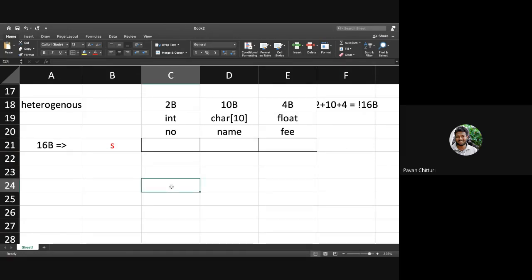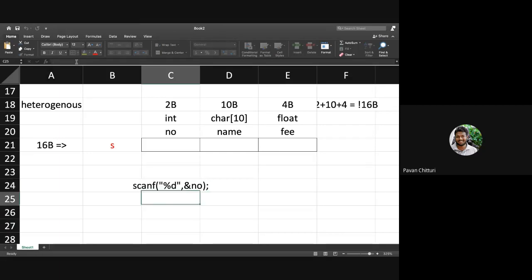So what is the format specifier for integer? In scanf, it is percentage d, and I have to store it in the variable number, so I will write ampersand of no. This is for a regular variable.